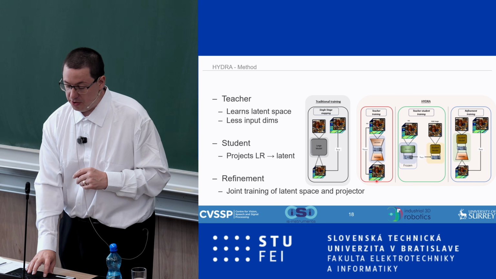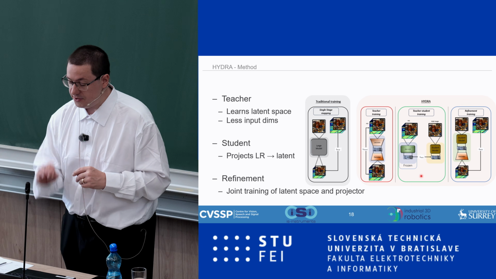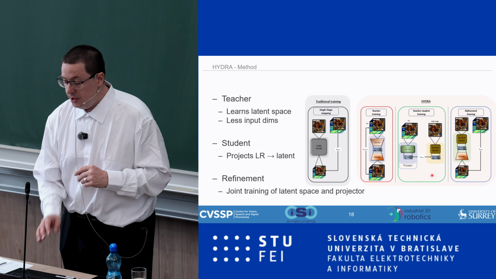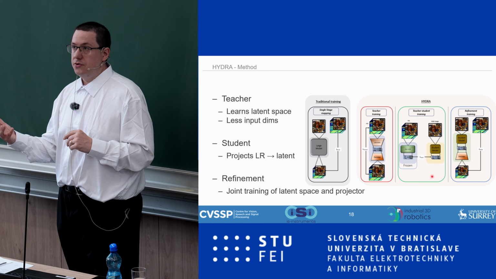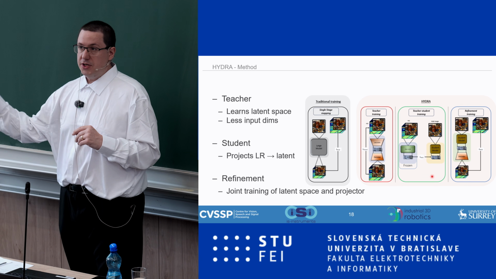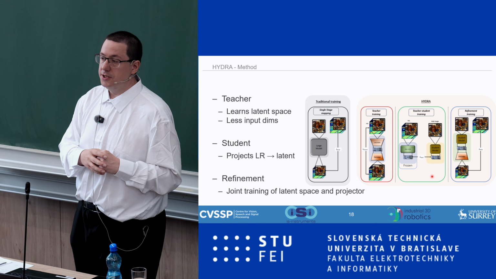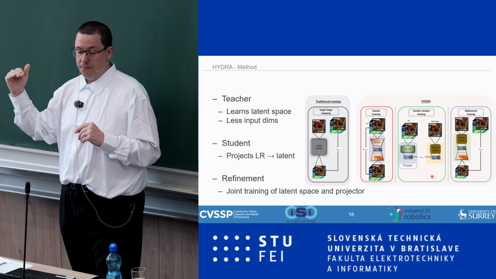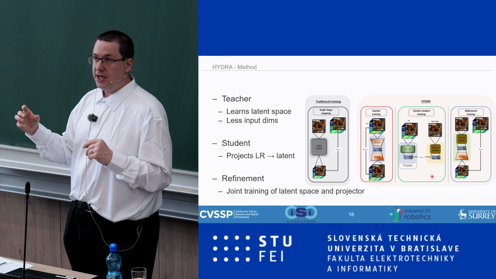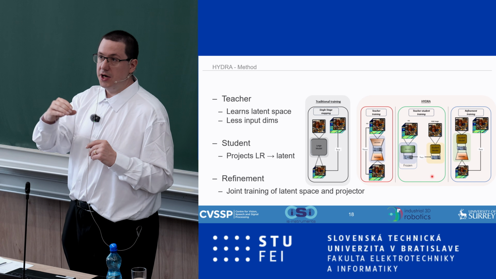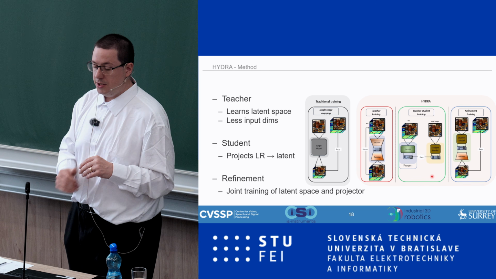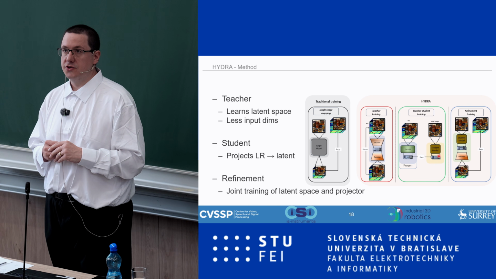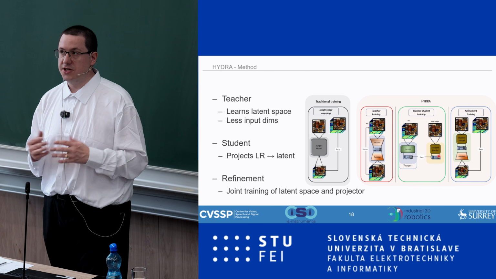So first, we train this teacher model just to learn the latent space. We then freeze it. We throw away the decoder part. And we then train a projection module, the student module, that goes from the low-dimensional data into the latent space we've just learned. Okay, so we give this student model a low-dimensional input, and we ask it to guess what the latent space representation for the corresponding high-dimensional data should be. Right, and this is where we benefit from the problem being much less under-constrained,